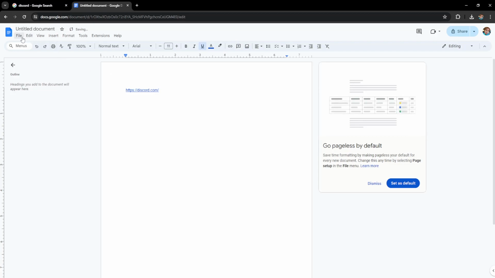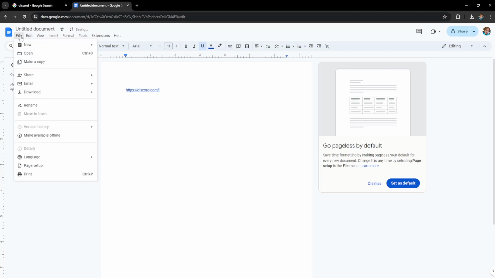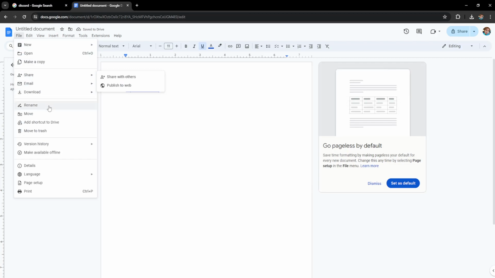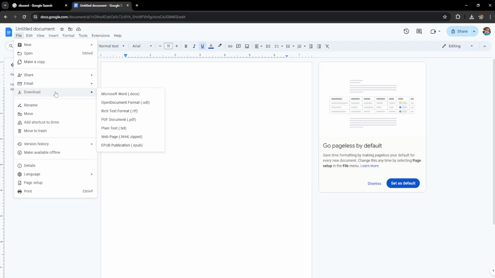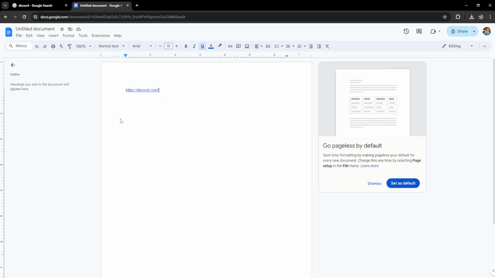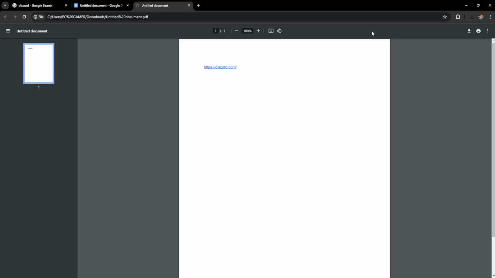Now what we're going to do actually is click file and then save this file. So click on download and then choose PDF. So download this as PDF. And it's gonna look like this. Just open it up. And the next thing that we actually want to do before we click on this link